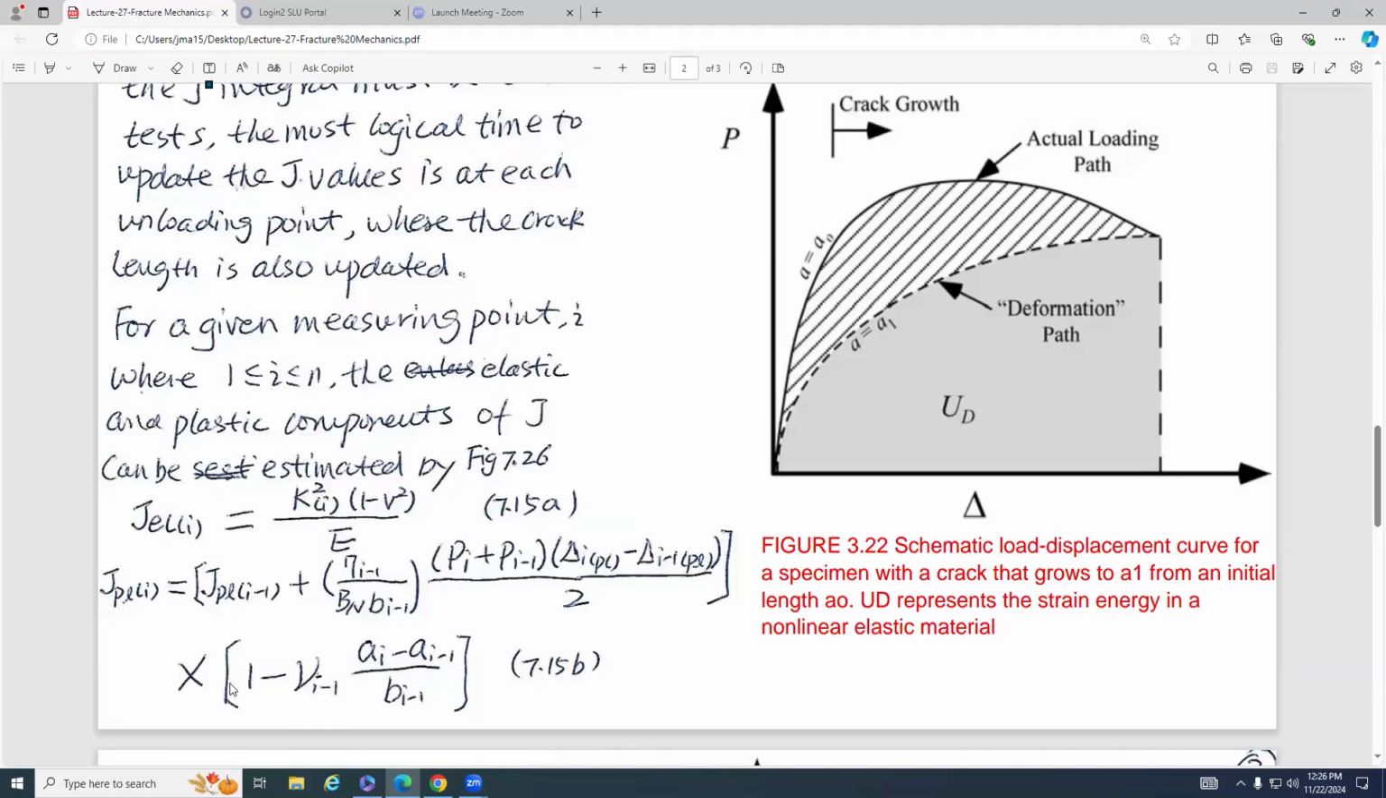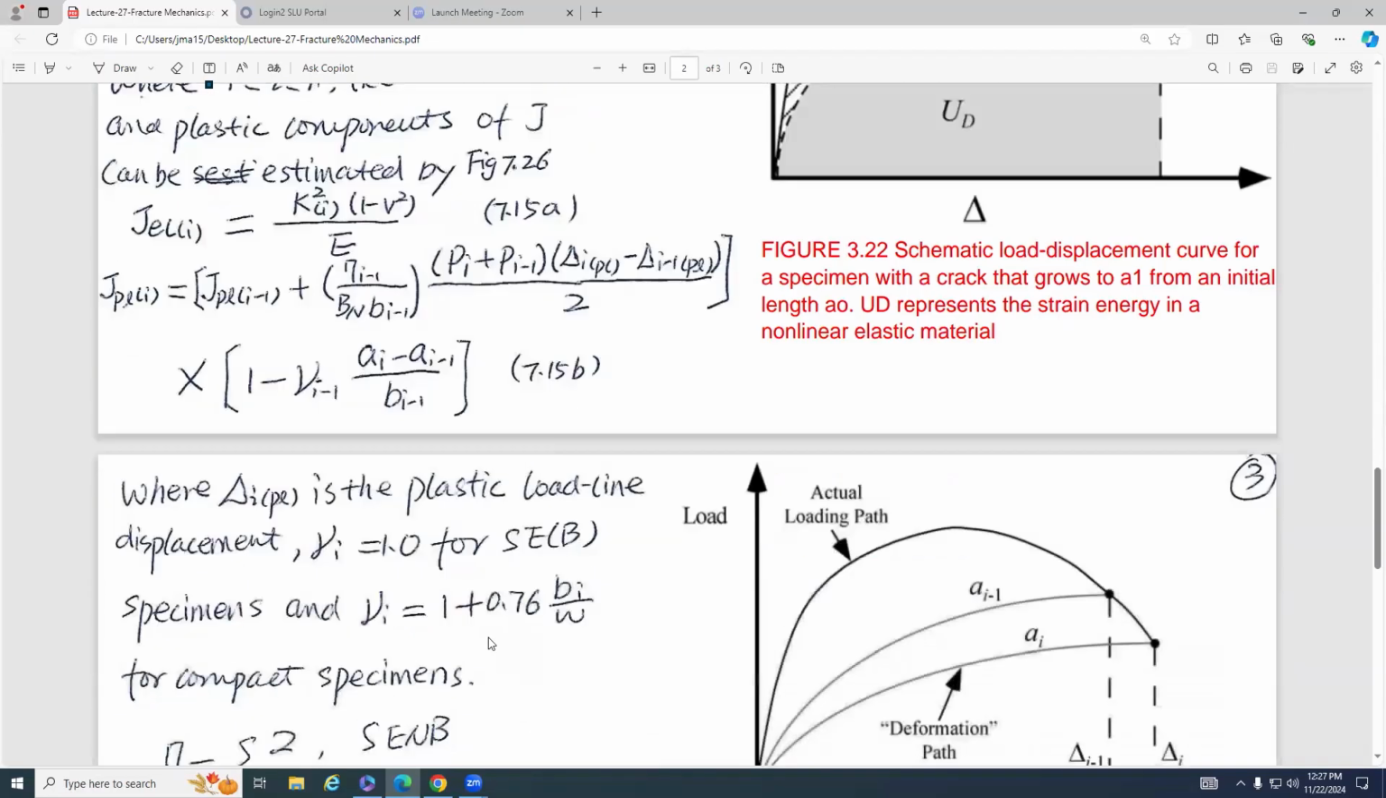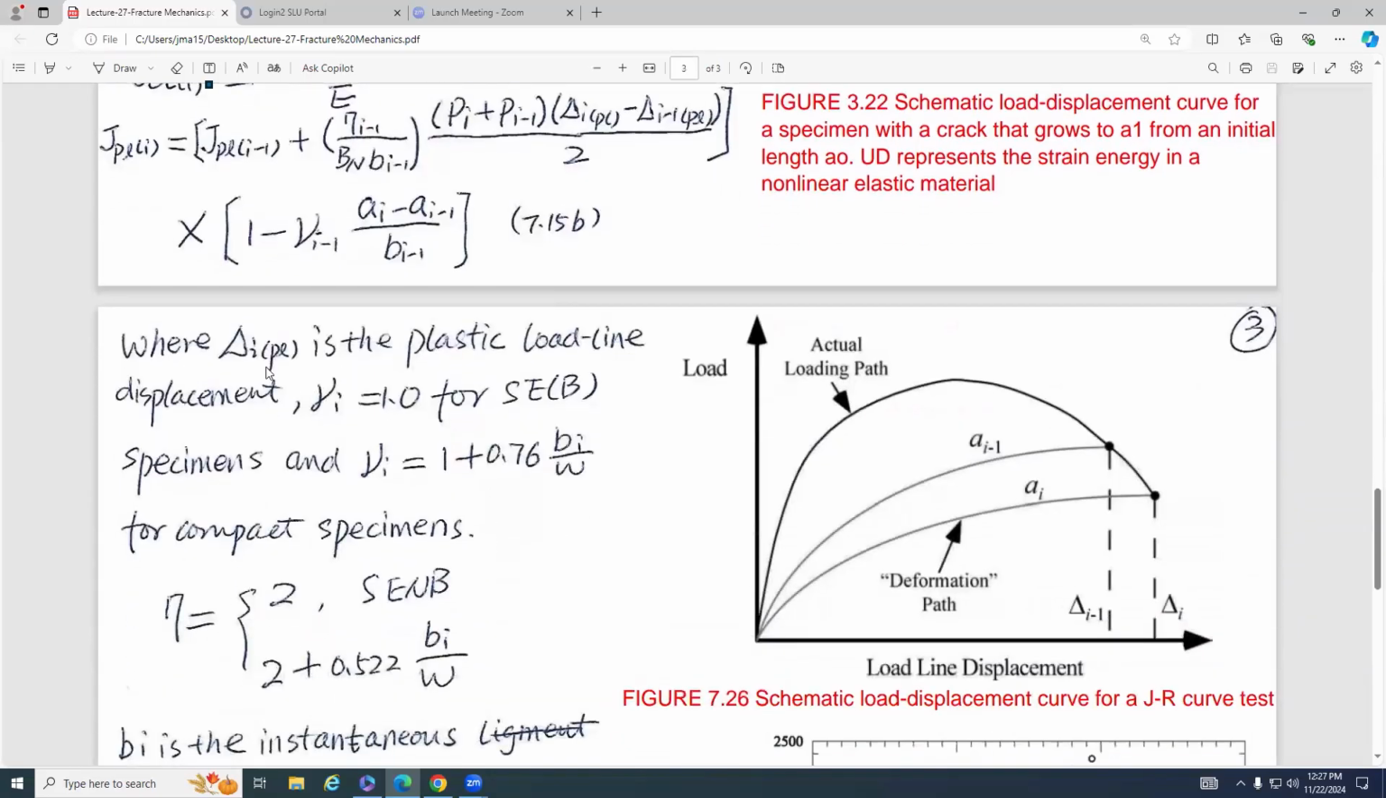And so here we multiply by the square brackets, 1 minus gamma_(i-1). a_i is the crack length at the current i step. a_(i-1) is the crack length at the previous step, i minus 1. And b_(i-1) is the ligament length at the previous step. So, and here I'll give you all the details. delta_i PL is the plastic load line displacement. The gamma_i here equals 1.0 for single edge,